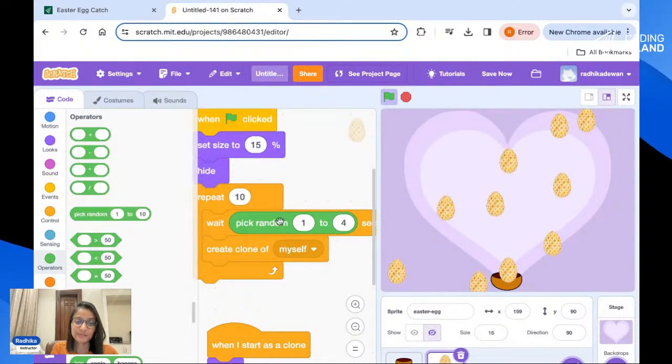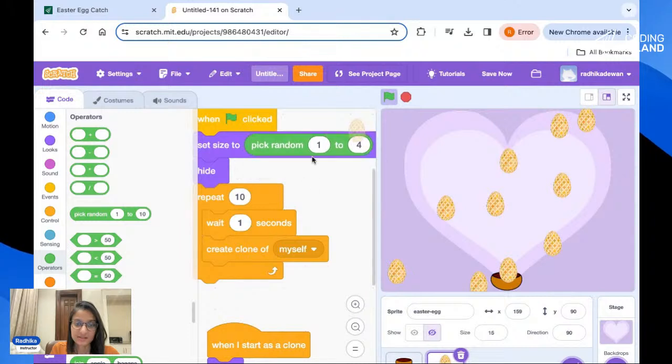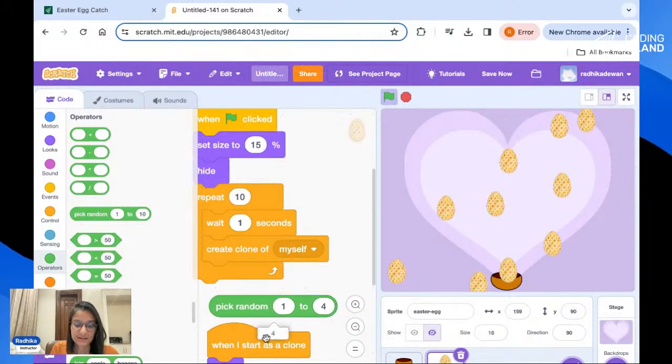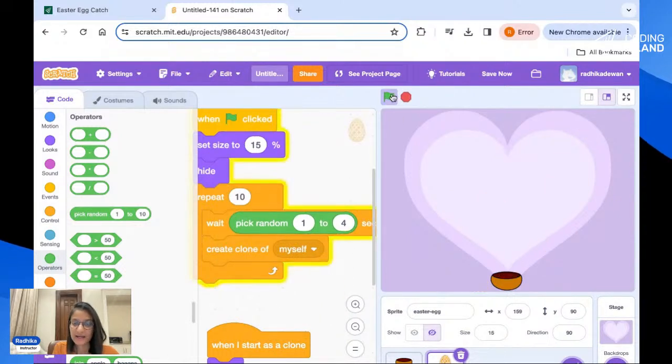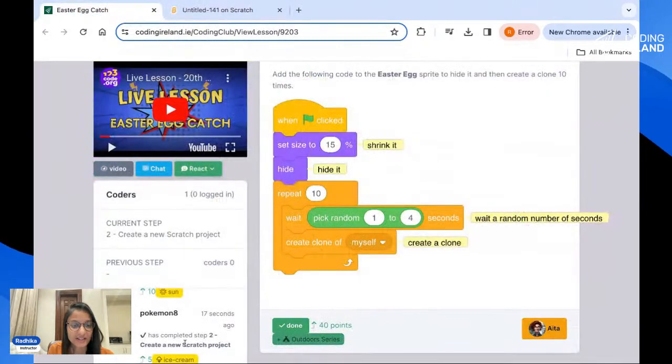Okay, let me show you. So, oh, sorry. Okay, see, this time it chose 4, this time 1, and 4, 2, and so on. So it will wait for a random time and then appear on the screen. Cool. So with that, we are done with